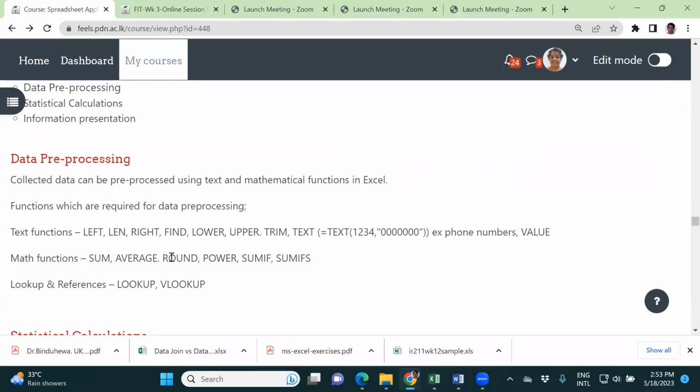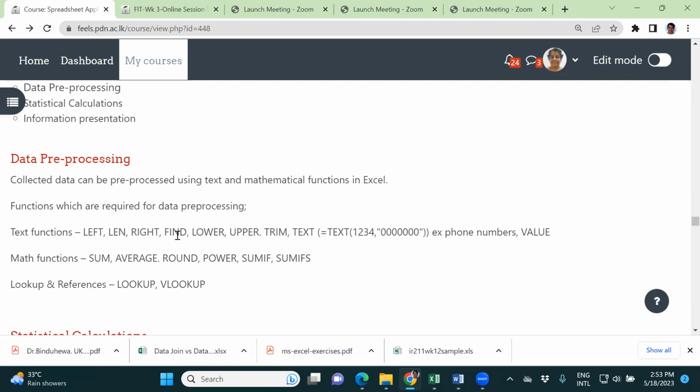So that it's very similar. The mid has three parameters. You have to get the starting point, you have to refer the text, the starting point, and the number of characters that you want to extract, right? So these are text functions, and with find, you can say, okay, find the first